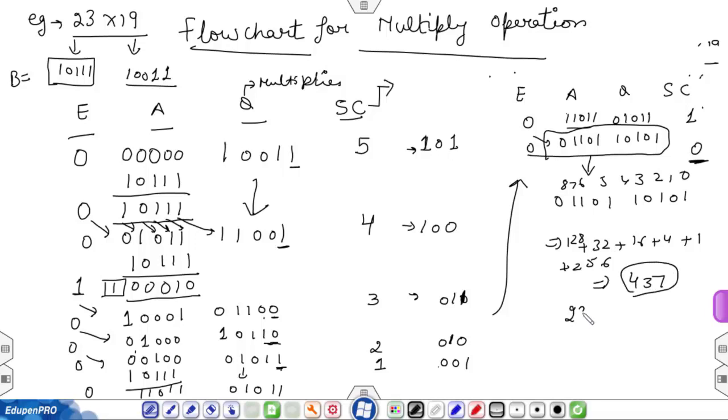So that was the result of 23 into 19, that is equal to 437. So our result is correct here. The result is 01101 10101. So in computer architecture, multiplication is done in this way. In the next lecture, we will be discussing the Booth multiplication algorithm.